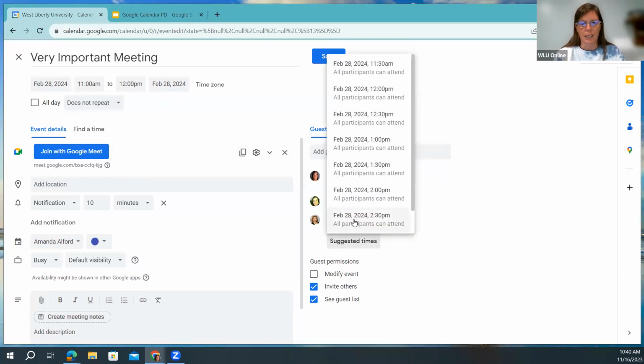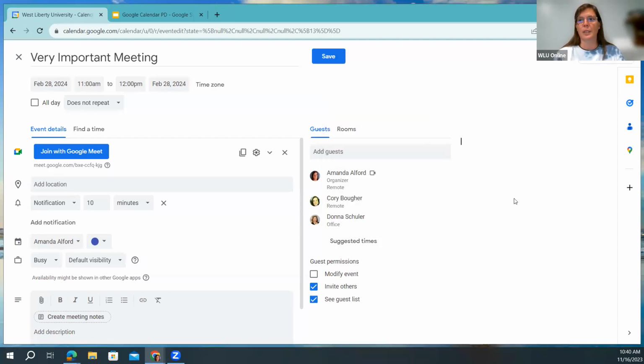I go to suggested times, and it tells me all the times that would be available for an hour scheduling. So after I select the time, I would finalize all the other event details, and I would click save. As I was telling you also, if this is a normal meeting, such as a staff meeting or a one-on-one,